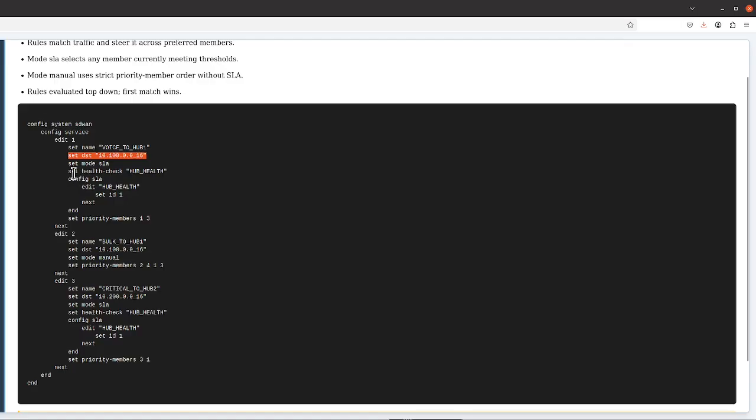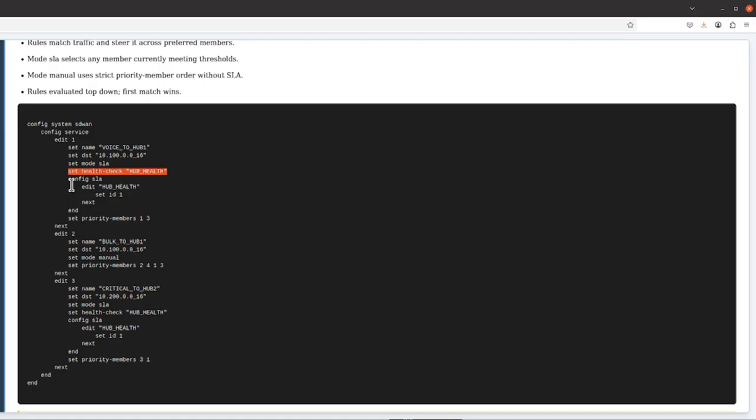The set internet-service application control line is omitted in this example but could be added to match specific applications like RingCentral or Microsoft Teams. The set mode SLA parameter selects SLA-based path selection, which means FortiGate picks any member that is currently meeting the SLA thresholds, and if multiple members meet SLA, it uses them in order of preference. The set health-check HUB_health associates this rule with the health check we defined earlier. The set SLA HUB_health 1 references the specific SLA identifier we want to enforce, and set priority-members 1-3 lists the